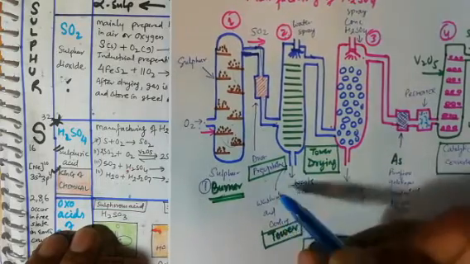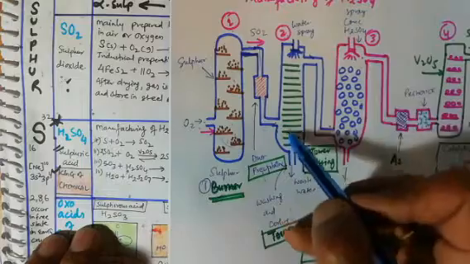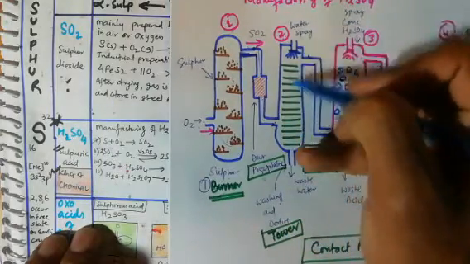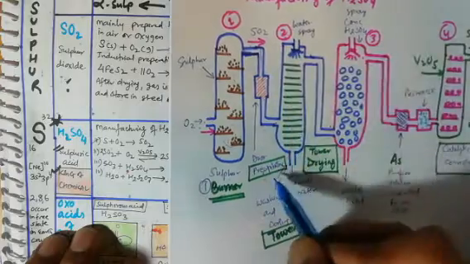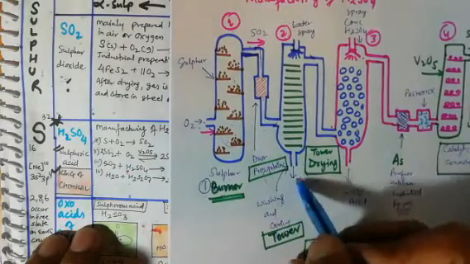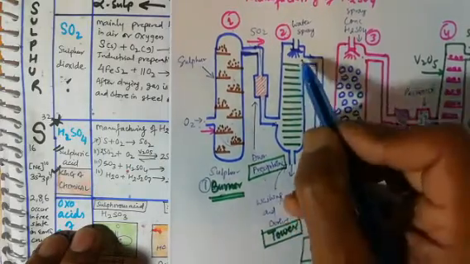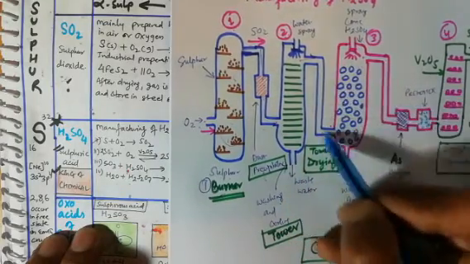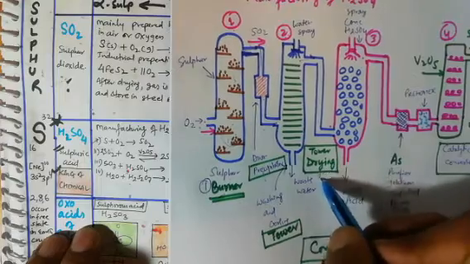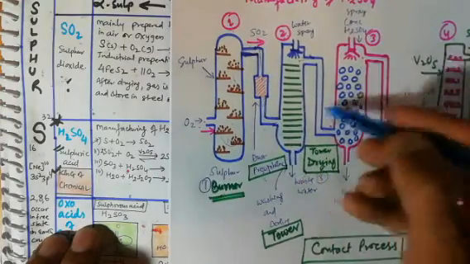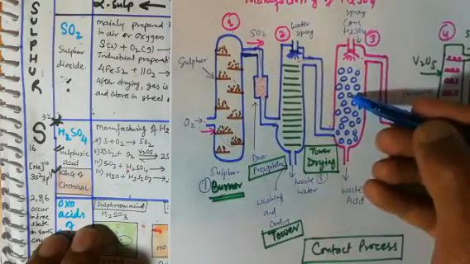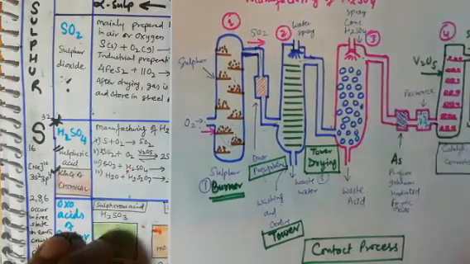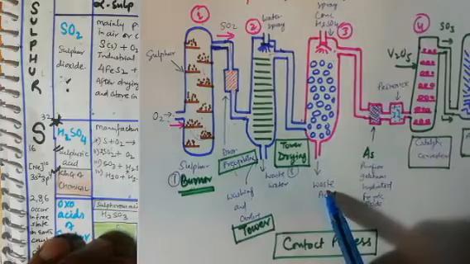washing and cooling tower. This is the washing and cooling tower. Here sulfur dioxide is washed and after that cooled by a water sprayer. Water is sprayed over the sulfur dioxide. It will be washed and cooled. After that wastewater will release down, and the washed sulfur dioxide will pass through this pipe into the drying tower. Third is the drying tower, where the sulfur dioxide is dried with the help of concentrated H2SO4. After that, waste acid will release down.